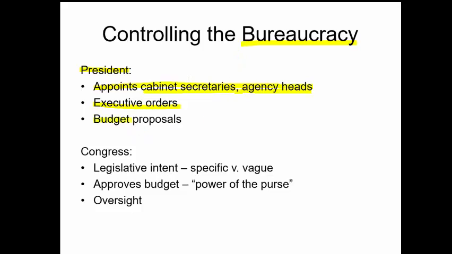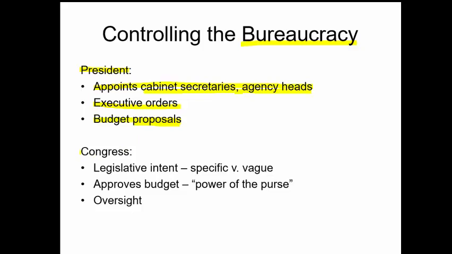So that's another way that he controls his own bureaucracy. And he also has to propose the budget. And if a certain agency is not getting their work done, he could perhaps say, well, you do not need as much money, so I'm going to slash your budget and I'm going to propose that you get less money next term. And he may also say that you're going to get more money next term so that you can improve your service on your public goods.